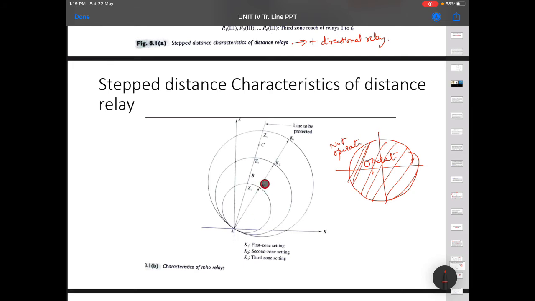Now what is K? K in general is a resistive component, and this is the reactive component. In general it becomes an impedance, correct? We have seen this. The inverse of impedance is mho, also called the admittance relay. So K is a resistive component, and here K1 is for the first zone, K2 for the second zone, and K3 for the third zone, because the second zone length is more.